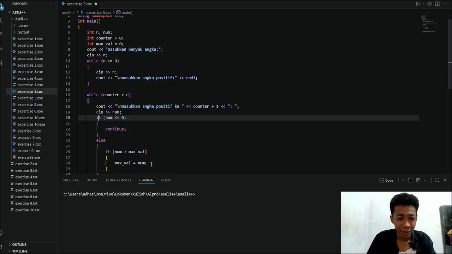So here, as you remember from the exercise, from the question, we need to note there is a possibility that the number we input is a negative value.